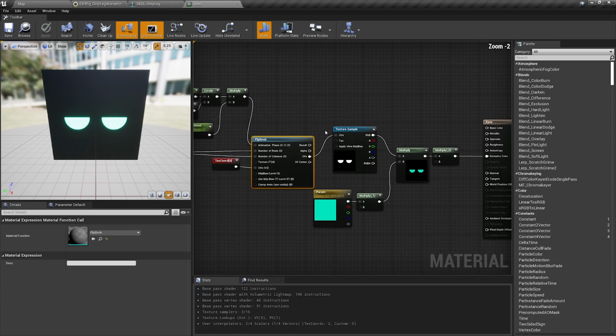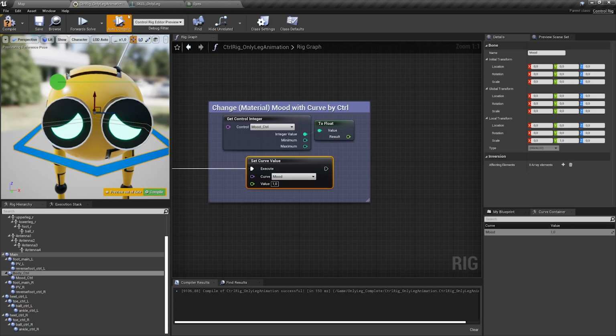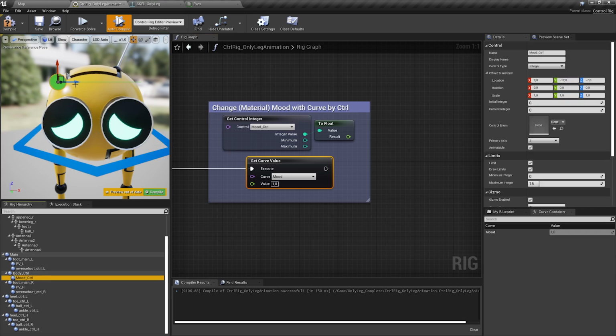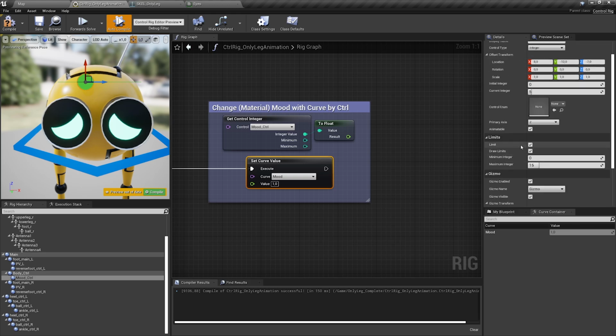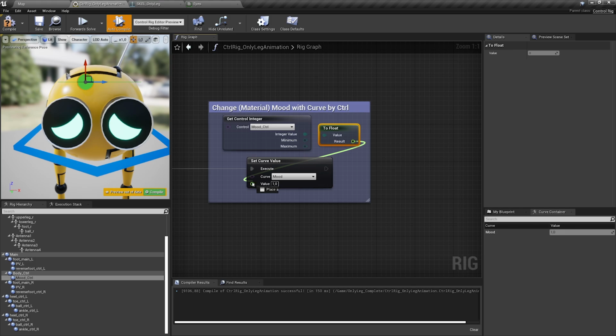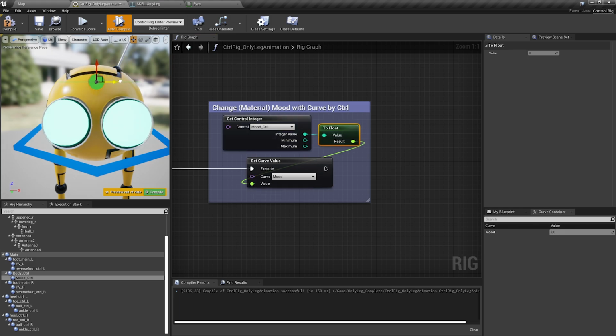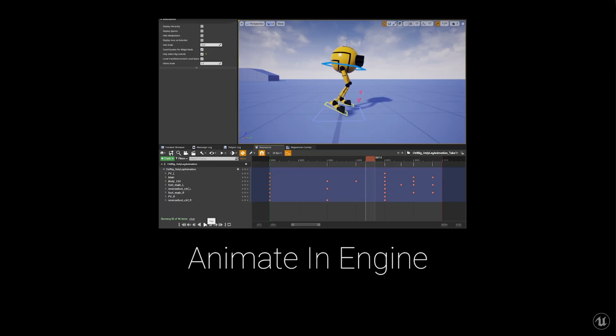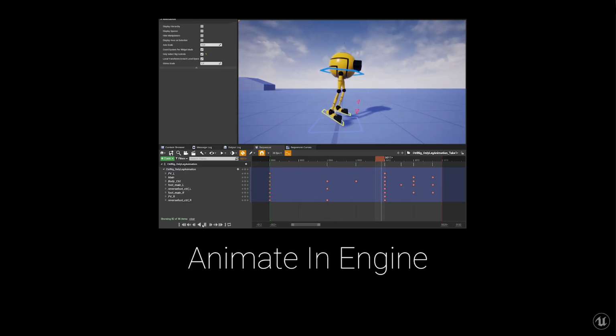And I'm using a flipbook here with 16 different faces. So if I change now the value here, it's going through the skeleton to the material. And now I can animate the material with this. So I made a control for it. And this control is an integer. You can see that here. I can have different control types. And I even limit it between 0 and 15. And then I transform it to a float. And now I can switch his facial expressions with this control. Yeah, and with this setup, we can now talk about how to animate him in Engine.